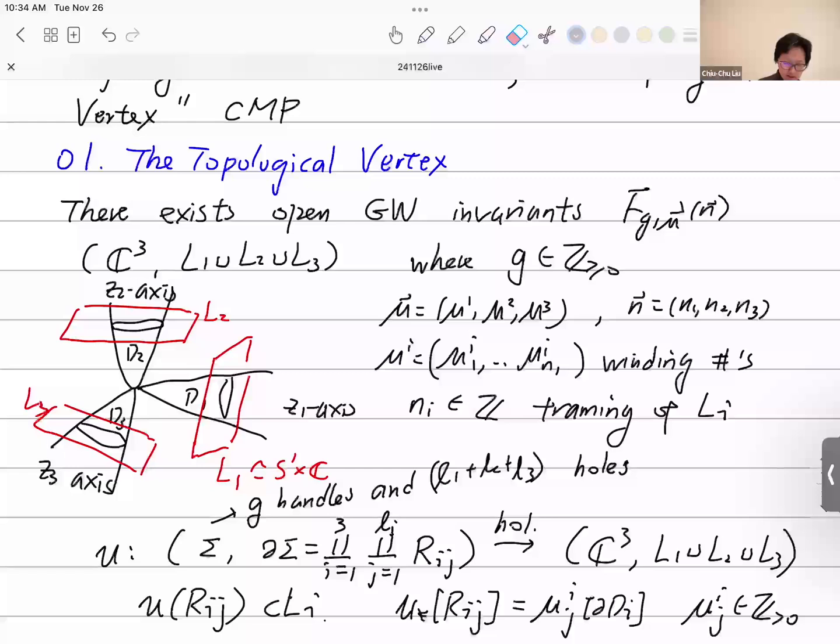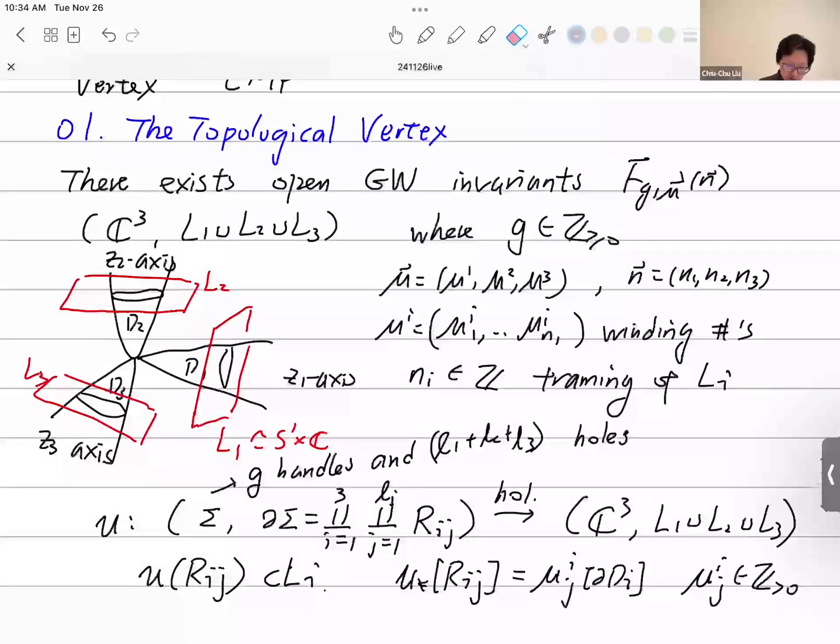So consider C3, and we have this L1, L2, and L3. They are Lagrangian submanifolds, which are diffeomorphic to circle times C. And they intersect the axes: L1 intersects the first axis and not the other two, and it bounds the embedded holomorphic disk D1 in the Z1 axis. So this open invariant should count